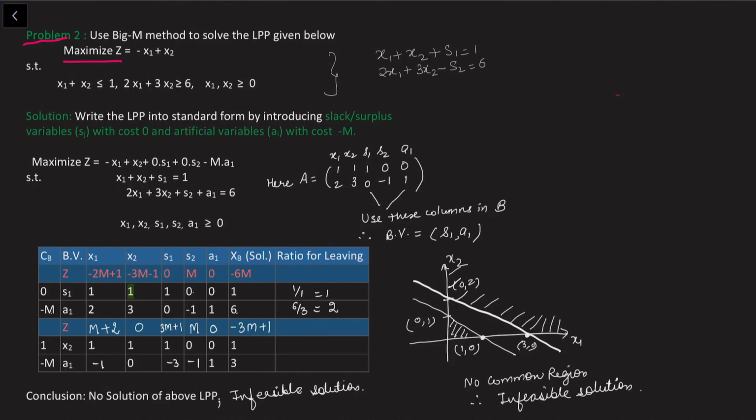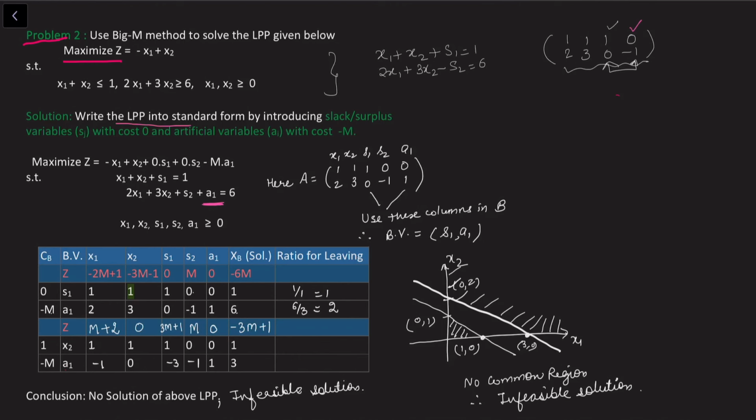So obviously here you can see that in the coefficient matrix we have 1, 2, 1, 3, 1, 0, 0, minus 1. So again the identity columns are missing. We only have 1, 0, but we do not have 0, 1. We cannot consider these two because their inverse is not directly equal to identity. So I require an artificial variable in the second column. So now adding an artificial variable in the second column,